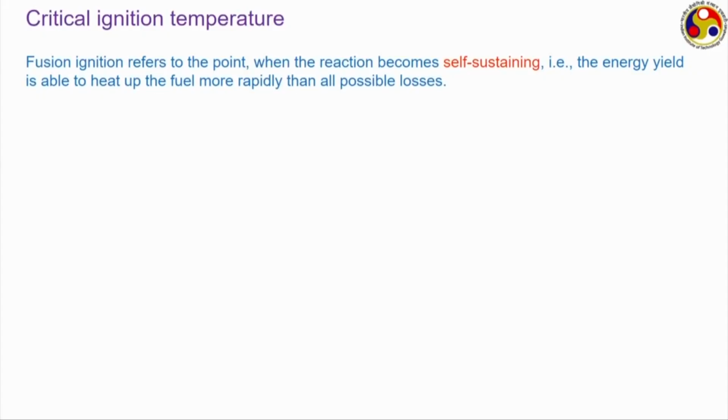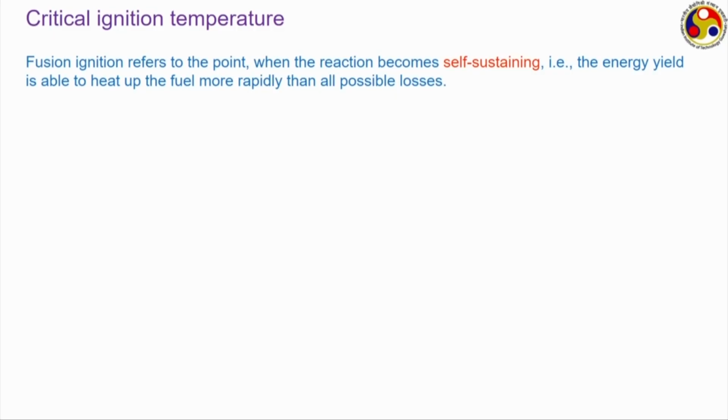It is something like a chain reaction. To initiate the fission process we have to strike a uranium-235 isotope with a neutron. Once the fission happens, it will emit a few neutrons, and if we can provide proper conditions, then at least one of those neutrons will be able to induce fission in another U-235, thereby sustaining a chain. The same applies here. If we can provide the conditions properly, then we can reach a condition where the energy yield from the fusion is sufficient to sustain the reaction, and hence no further external energy source will be required.